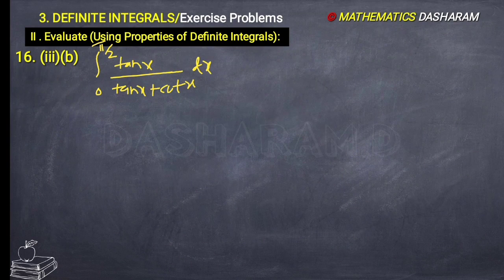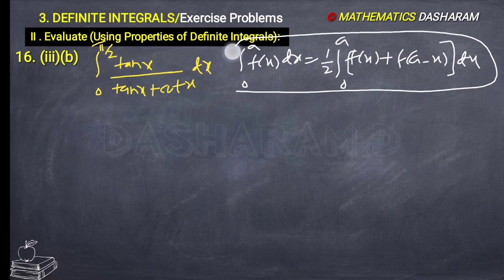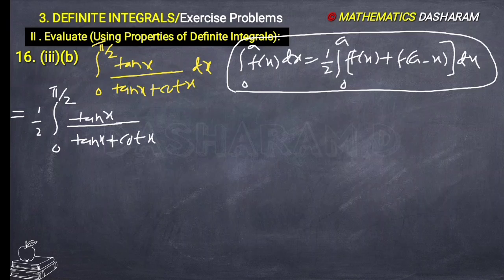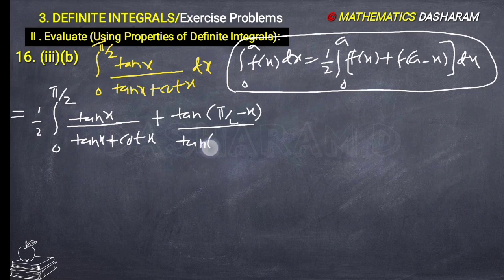So next question: integral 0 to pi by 2 of tan x by (tan x plus cot x) dx. So let us use this property to find the answer for the given question. So 1 by 2 integral 0 to pi by 2 of f of x plus f of a minus x. So f of x means tan x by tan x plus cot x, plus f of a minus x. A minus x means substitute x equals pi by 2 minus x. So tan of (pi by 2 minus x) divided by tan of (pi by 2 minus x) plus cot of (pi by 2